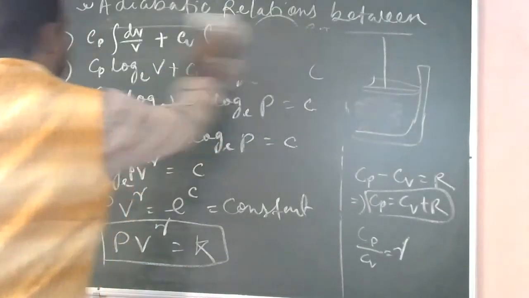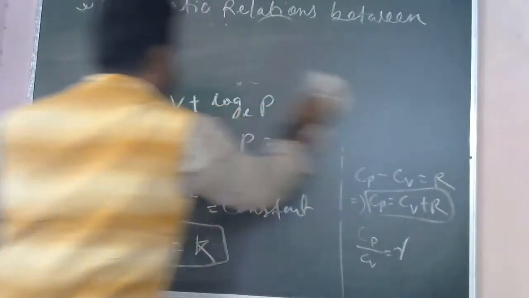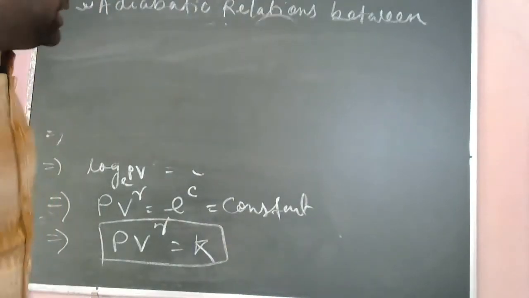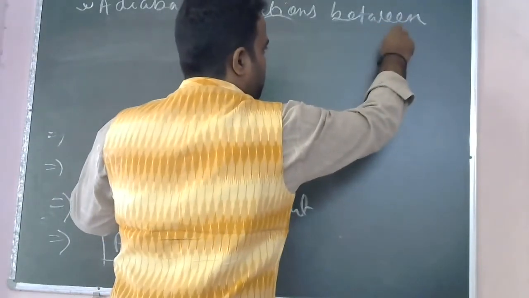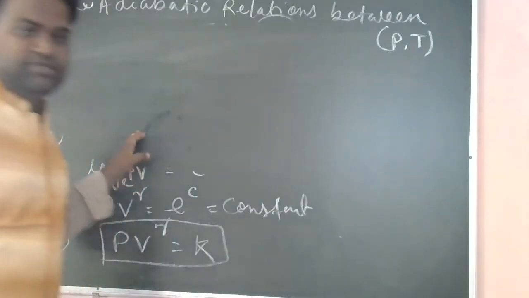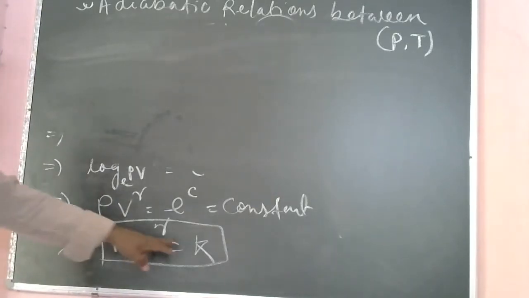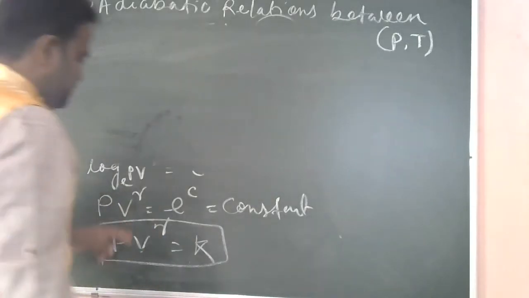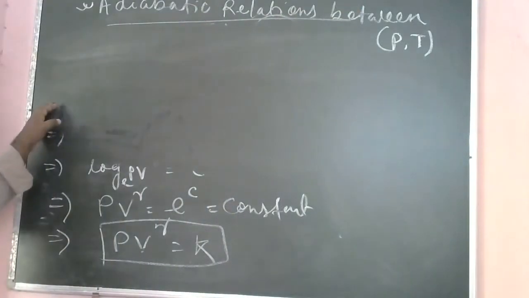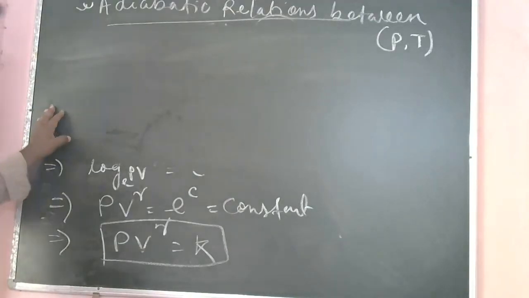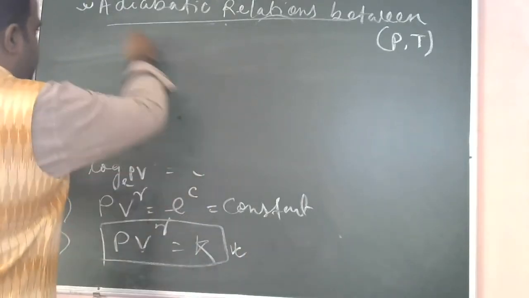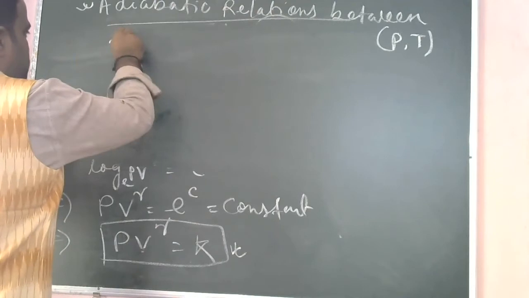The second relationship we will derive is between pressure and temperature. We got the relationship PV to the power gamma is equal to constant. Now we'll do pressure and temperature. To find the relationship between pressure and temperature for an adiabatic case, what we'll do? We'll use this relationship PV to the power gamma is equal to constant, and from the ideal gas equation we know that